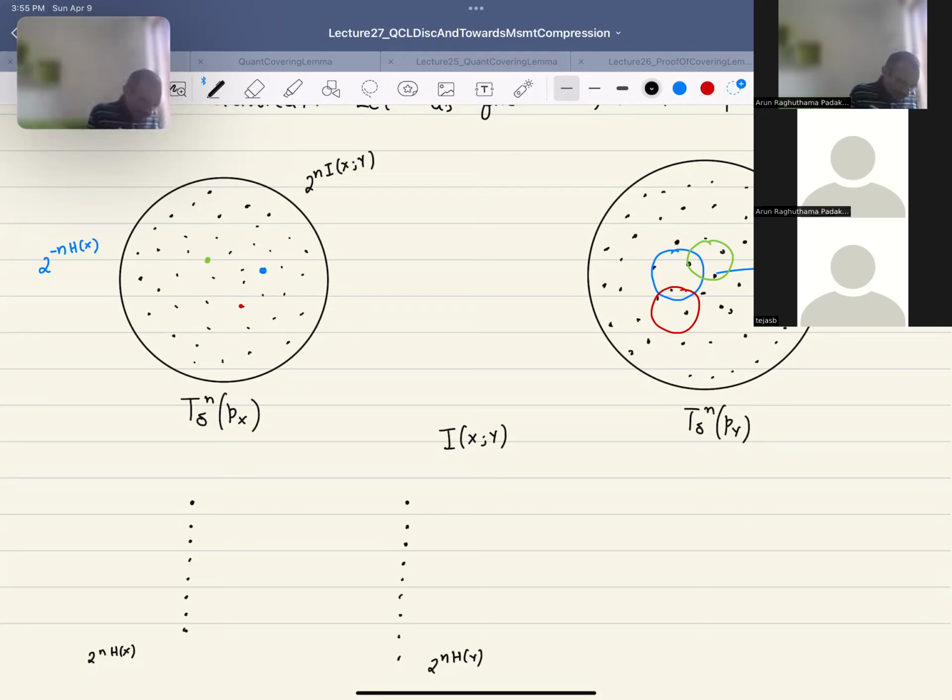Now, if you do this, what you do today is wake up and pick 2 power n (I of x colon y minus delta) number of sequences. You fix them, and from tomorrow you start uniformly picking from this collection. So you've chosen a collection today, and you sit with that collection for the rest of your life, and if you uniformly pick from that collection, the distribution on the right is not going to be